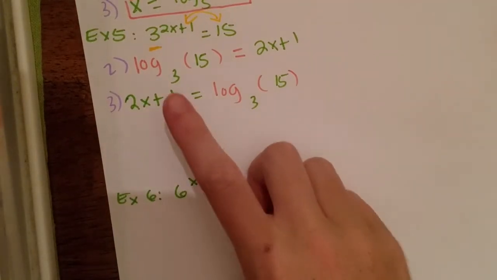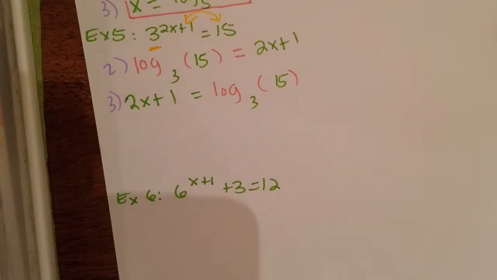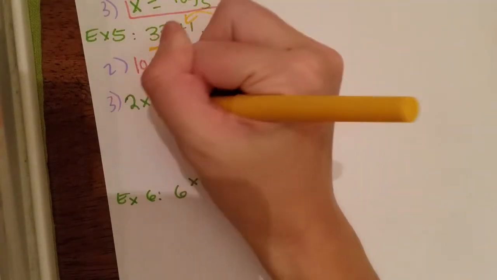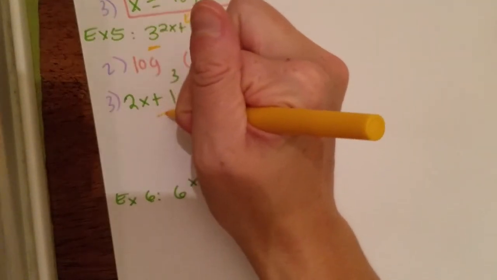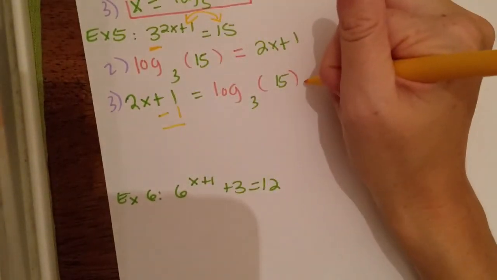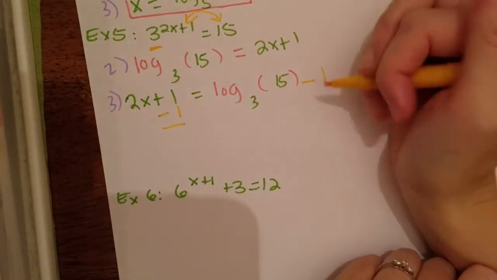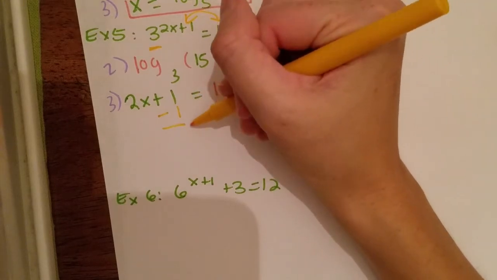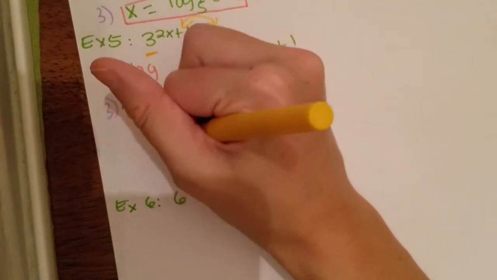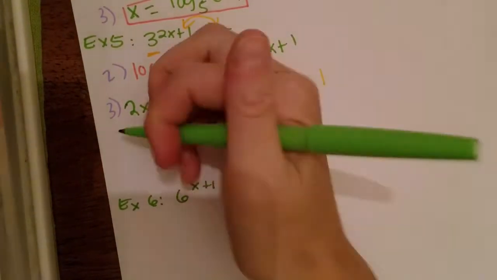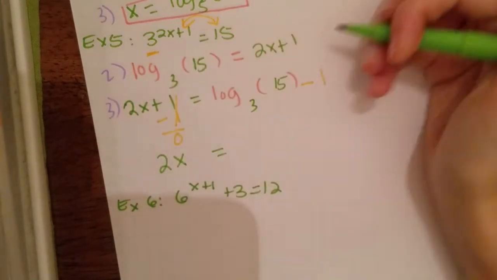So the first thing we need to do is move the 1 to the other side of our equation. The opposite of positive 1 is negative 1, so I'm going to subtract 1. Now I'm just going to subtract 1 on the end, and I'll explain that in a moment. Alright, so 1 minus 1 cancels and turns to 0. So on this side, I'm left with 2x equals, now,